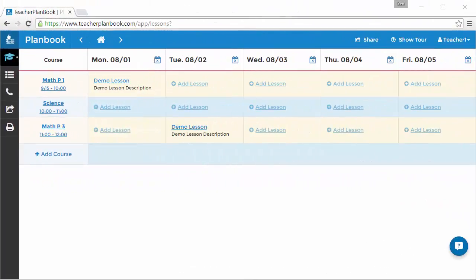Sharing lessons, Planbook, and homework. In this video, lesson, Planbook, and homework sharing is demonstrated. One of the major advantages over a paper planner is online sharing. The teacher Planbook can share lessons, Planbook, or homework by sending an email with a link allowing read-only viewing to